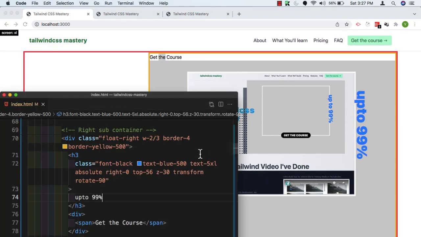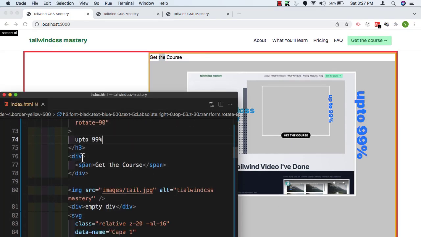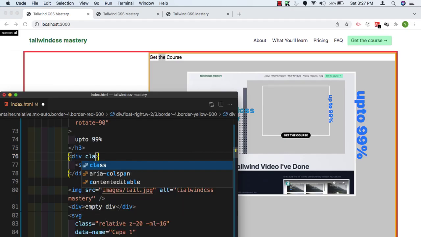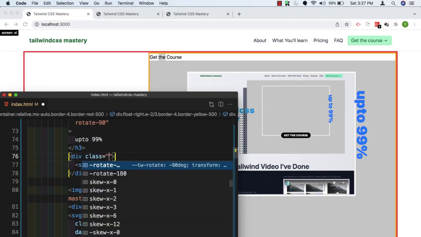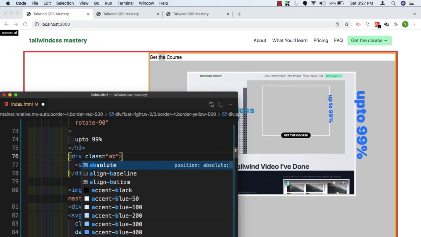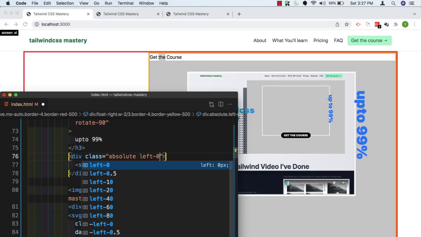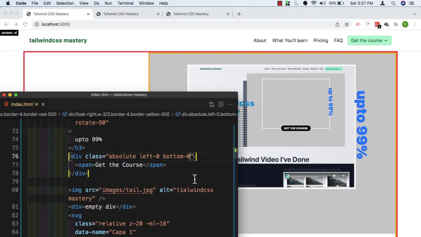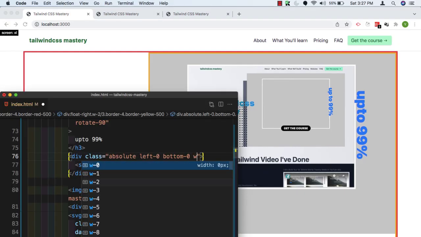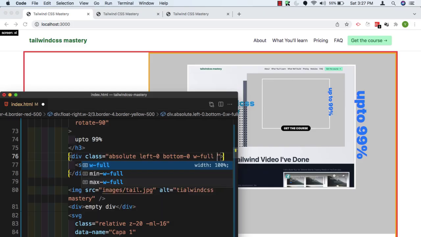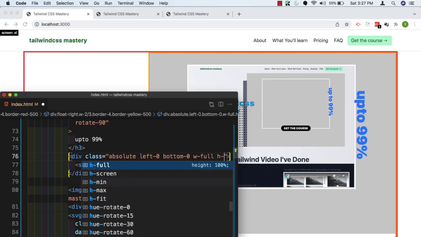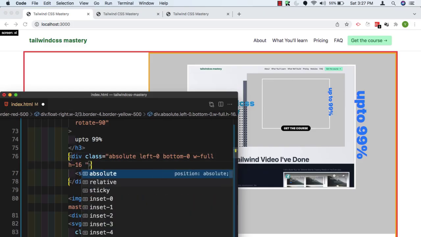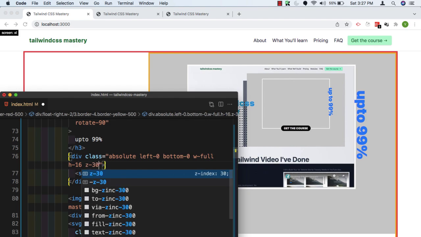So let's go here, and inside this div I will add some Tailwind CSS classes. So the class is going to be absolute. From left it will be 0, from bottom it will be 0, and if I save this, now you can't see the text. Let me show you. Width will be full. Give me a few moments, we will come back to that. And if I do z index of 30 and if I save this,